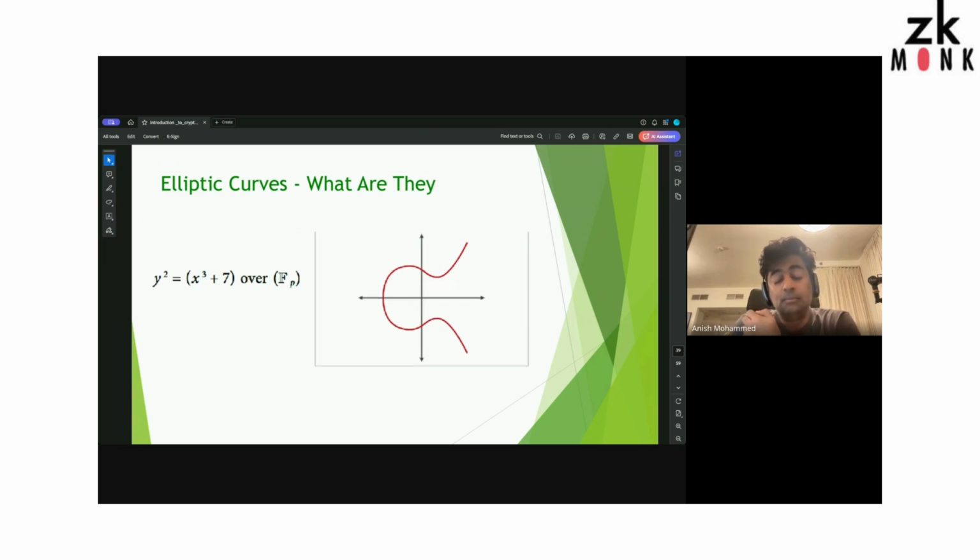So I'm going to come to the next topic, elliptic curves, a bit more closely. If you think about a circle, you can think of an ellipse in one sense of speaking. x squared plus y squared equals r squared, that's the equation of a circle, right? In this case, you have y squared equals x cubed plus 7 over Fp, the finite field p, right? That's the shape of the thing. Why the shape of this thing is interesting, you'll understand very soon when we do point additions. Can I have the next slide, please?